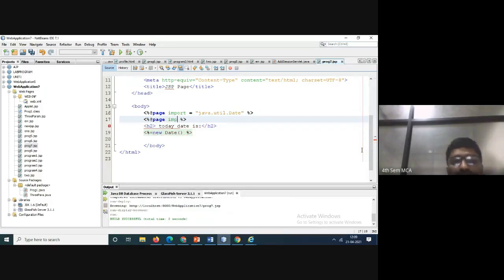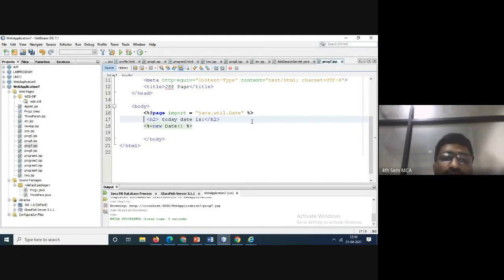Now import is equal to, in double quotes, java.util.Date. This is the way of writing, because now see, the errors are removed. So this is the way of typing the code.